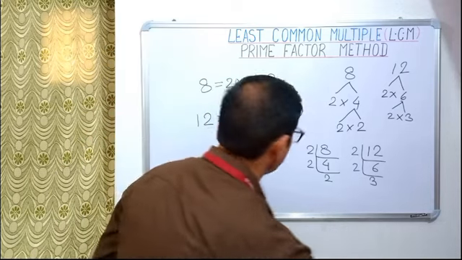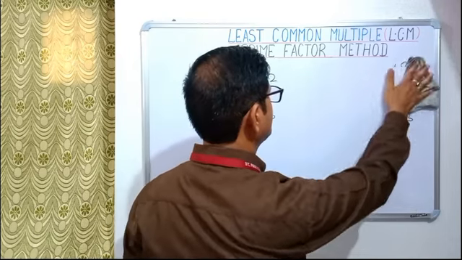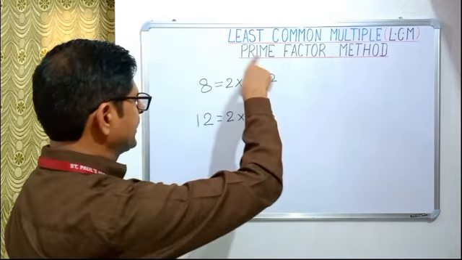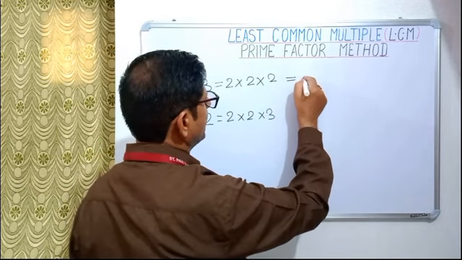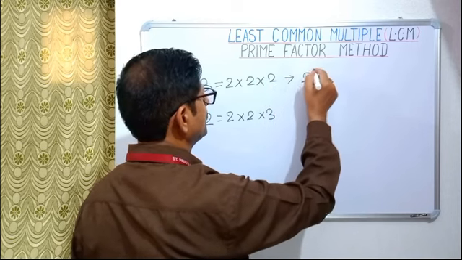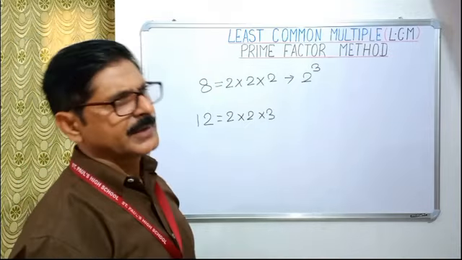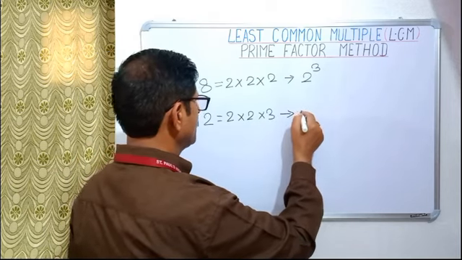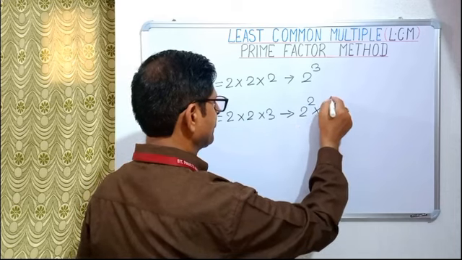Now two numbers, 2 and 3, are factors here. In this line 2 comes 3 times. Write 2, better put a dash here. 2, 3 times, isn't it? You can also put the sign of equality, no problem. And here you see 2 comes 2 times and 3 comes only once.